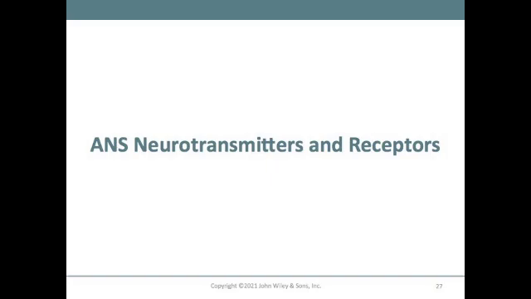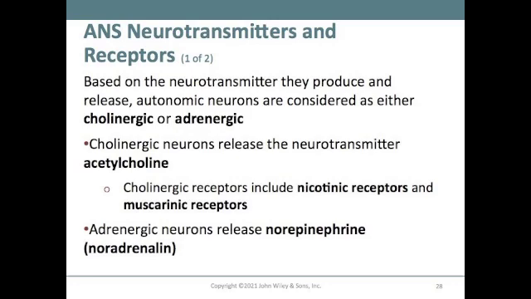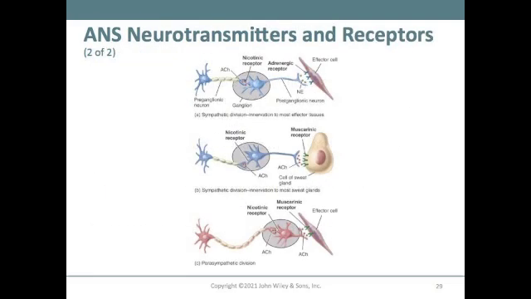Autonomic nervous system, neurotransmitters, and receptors. Based on the neurotransmitter they produce and release, autonomic neurons are considered either cholinergic or adrenergic. Cholinergic neurons release the neurotransmitter acetylcholine. Cholinergic receptors include the nicotinic receptors and the muscarinic receptors. Adrenergic neurons release norepinephrine or noradrenaline. And we can see that here on page